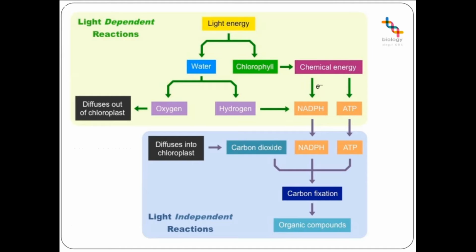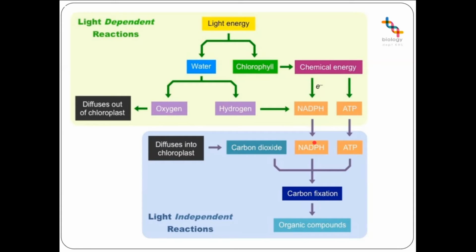So to give a very quick overview of what's happening in photosynthesis, you can see here we've got the two different types of reactions. We've got the light dependent reactions, which are taking light energy and using that to pass on the light energy to chlorophyll. That gives us chemical energy, and that's really in the form of electrons, and we're going to come on to that in a second. We also have that light energy being used to split water into its constituent parts. So we've got oxygen, which diffuses out of the chloroplast, and we've got hydrogen, which is used in the second